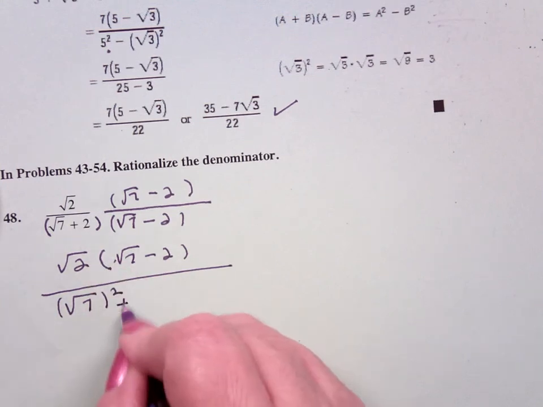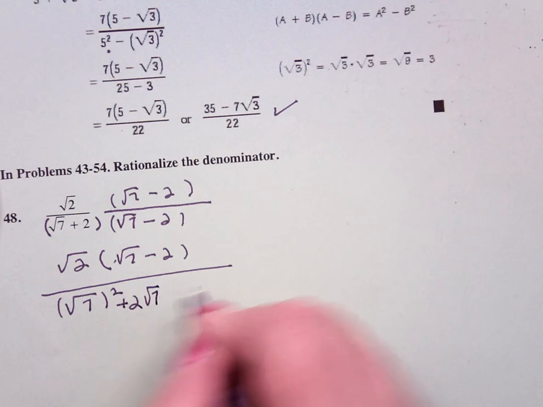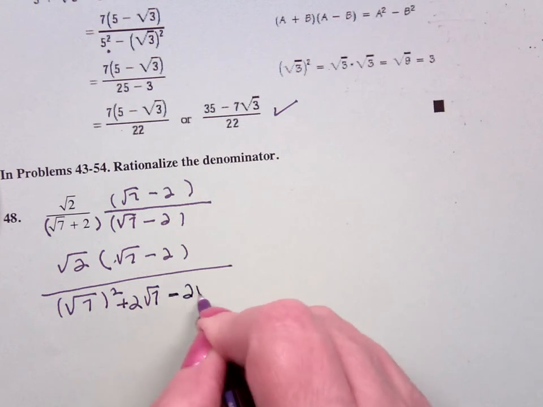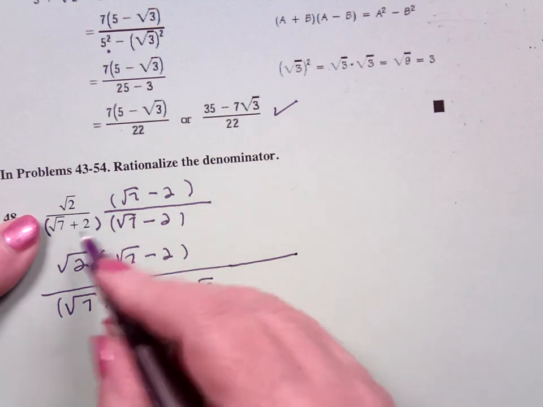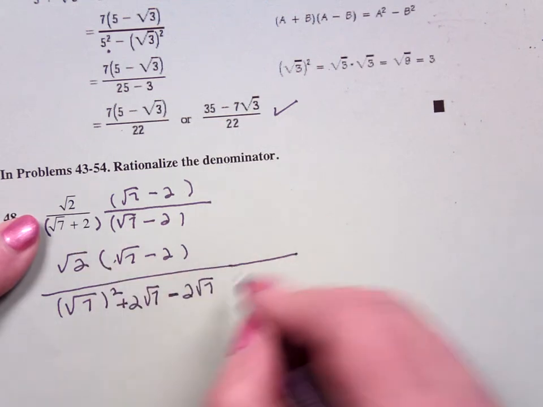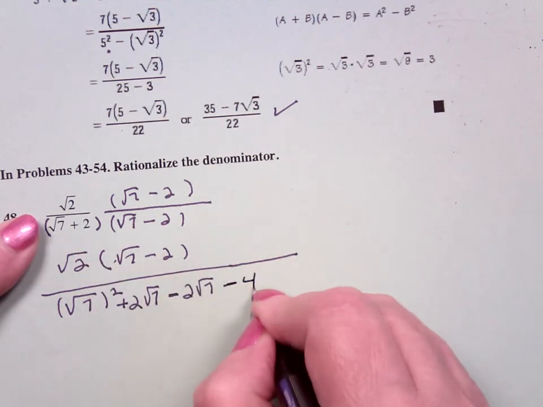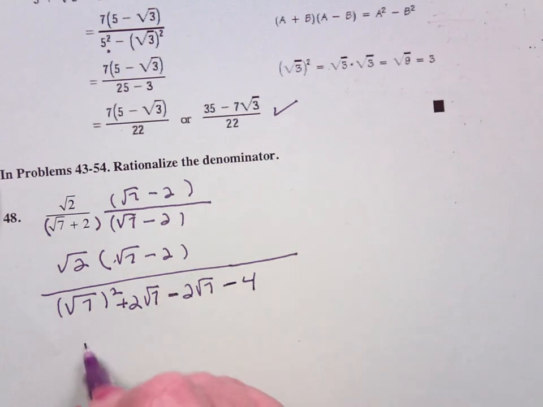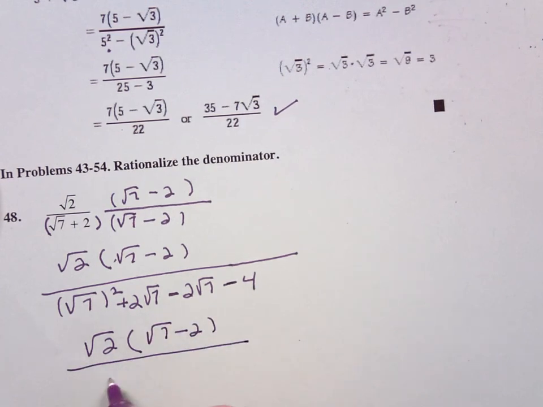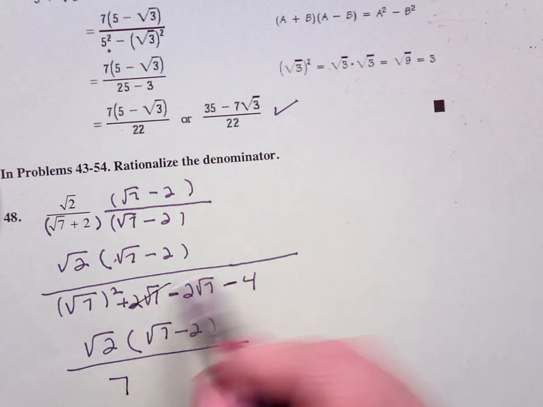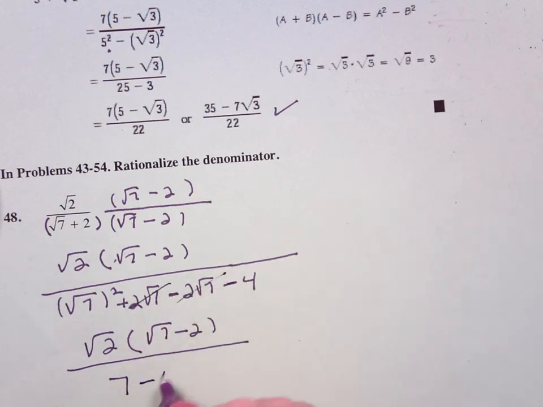Inner is plus 2 square roots of 7. Outer is minus 2 square roots of 7, so the inner outers add to 0. And minus 2 times a plus 2 is a minus 4. So this is the square root of 2 times the square root of 7 minus 2. Square root of 7 squared is 7. Inner outers add to 0, minus 4,